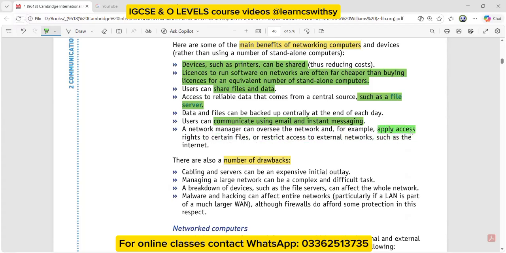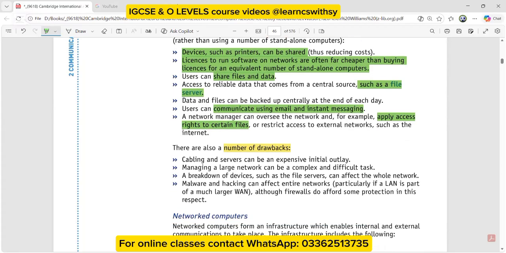So if I have different people who are working in the organization, and these people are having different roles to perform, definitely not every person will be getting access to each and everything. So this is possible in a network, that we can apply or restrict, or we can give or revoke different rights to the people based on their role in the network or maybe in the office.